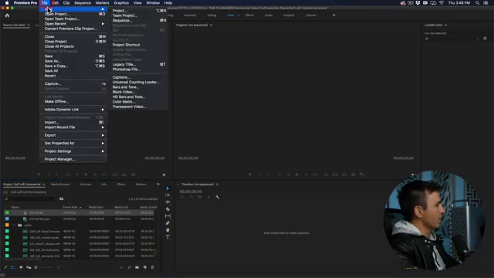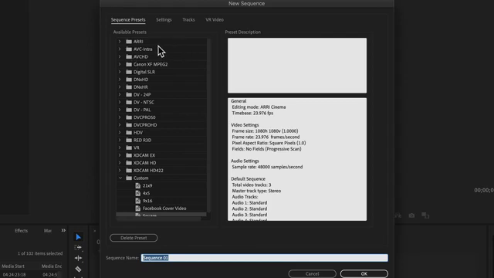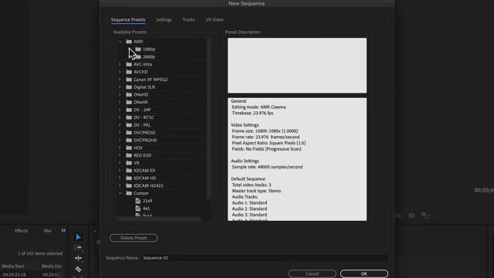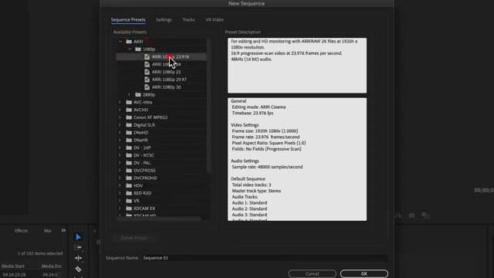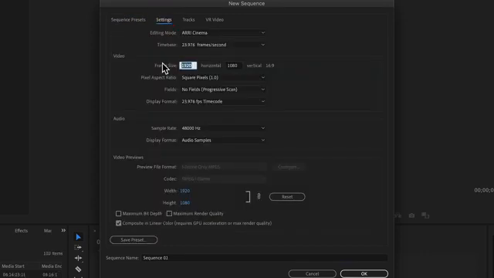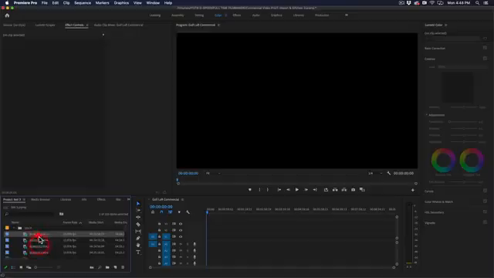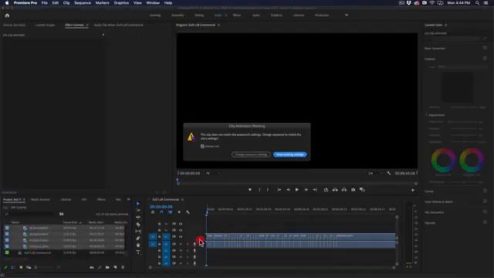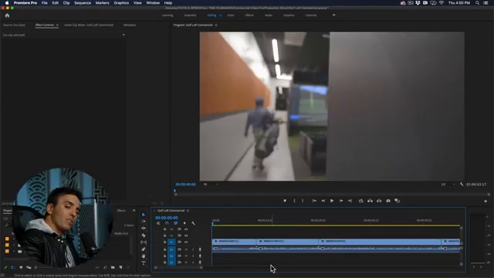To come up to File, New, Sequence. Then you're going to create the settings for your timeline. In my case, I'm going to be doing 23.976 frames per second, and click on Settings. And I'm going to change the resolution to 3840 by 2160, which is Ultra HD or a 16:9 version of 4K, and hit OK. Then I'll come grab all my clips in my project bin and drag them onto the timeline. When this pops up, I'm going to say keep existing settings, and we're now ready for step 2,